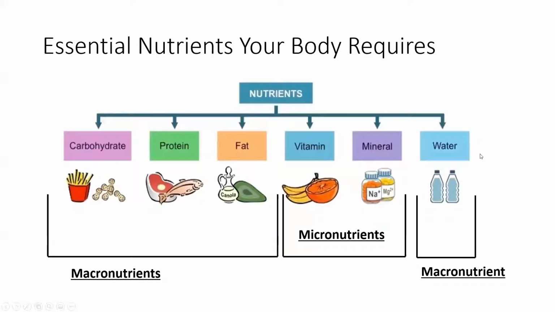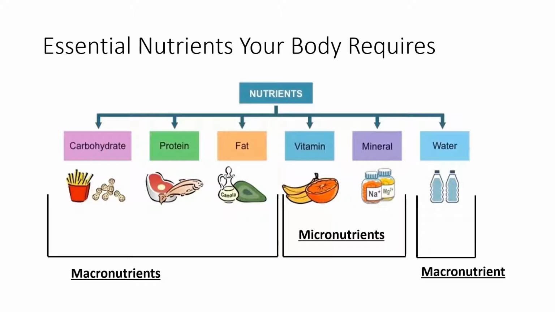So first of all, we have to talk about our macronutrients and micronutrients. Our primary macronutrients are carbohydrates, proteins, and fats. You probably remember these as our primary energy substrates from our bioenergetics lecture. So these are where we can create energy. This is where our metabolic energy comes from.